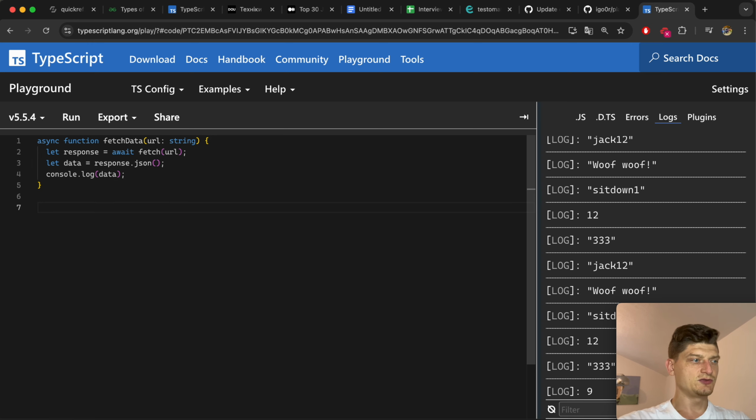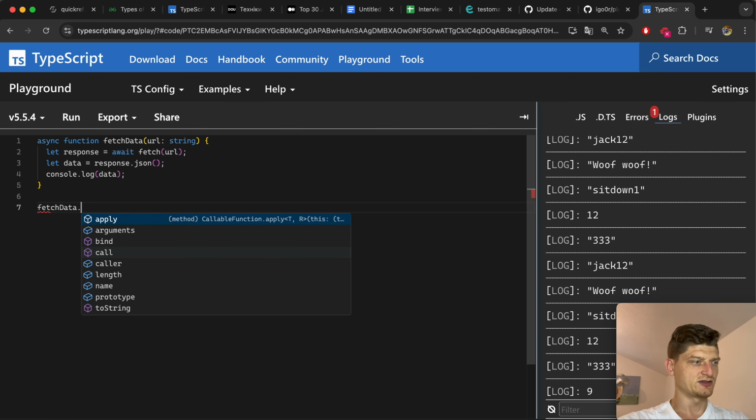And then you can call your function fetchData,